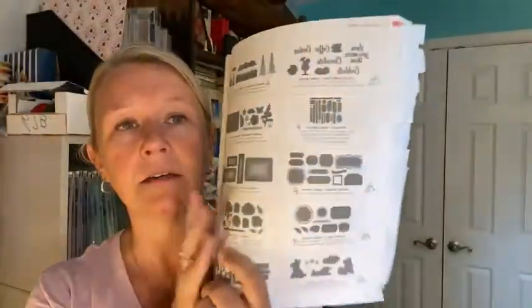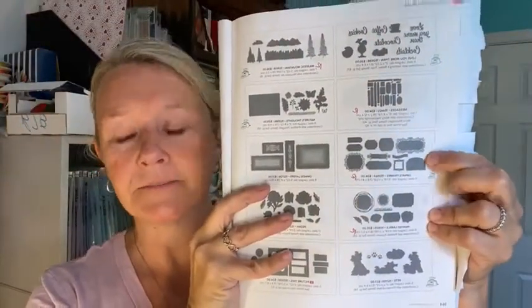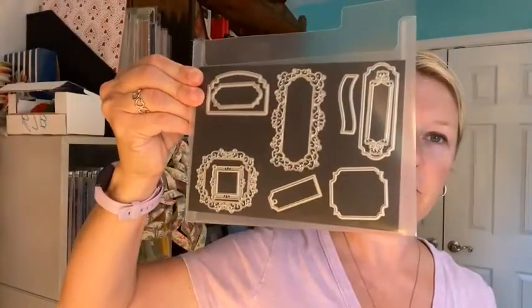And what was the other thing? Oh, I wanted to look for those dies. Hold on, I'll tell you what they are. Make sure they're still in here. I'm 99% sure they are. Yes. So these Ornate Frames, if you remember, and I'll show you what they look like here. If you remember, these were originally part of the Halloween suite last year. And then in the spring, they brought them over to a springy photopolymer stamp set. And I'm not sure, I'm going to look because I don't know